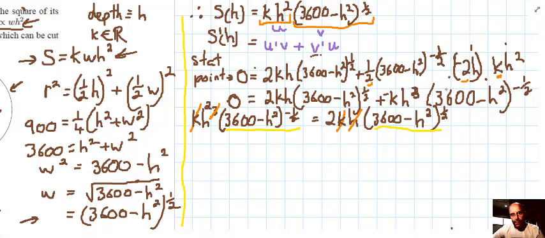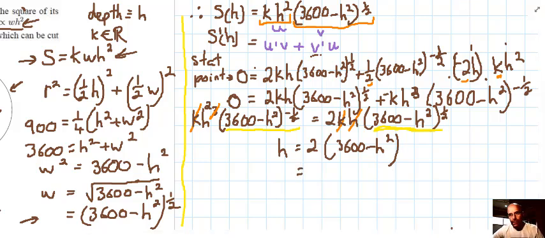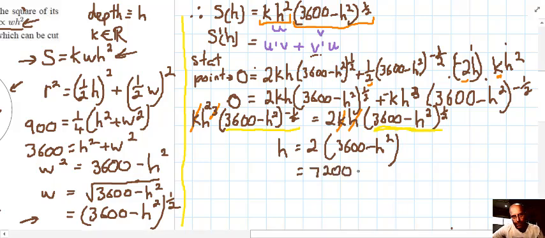And the good thing about timesing this side by 3600 minus h squared to the power 1/2, that'll be adding your indices. You have 1/2 plus 1/2 equals 1. So that'll have an index of 1. So that would mean h equals 2 outside of 3600 minus h squared. So that's getting simpler now. And that's 7200 minus 2h squared. So h equals that. Rearranging it, we've got,